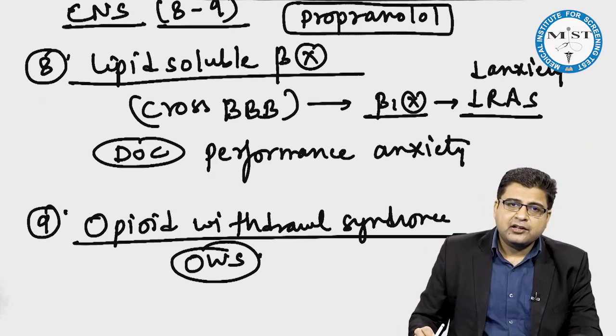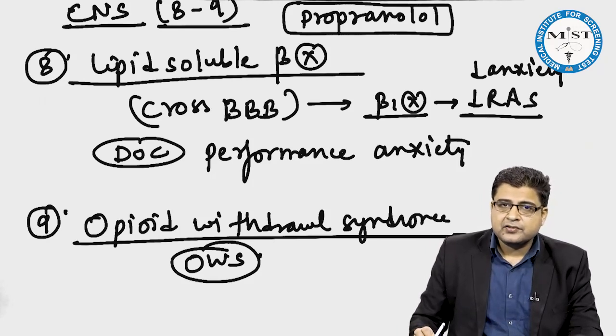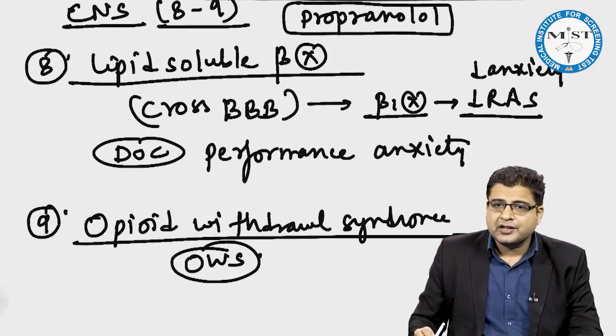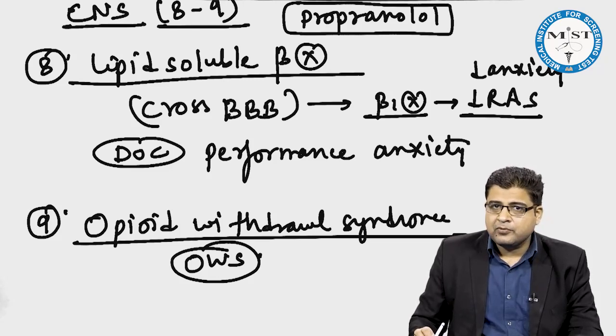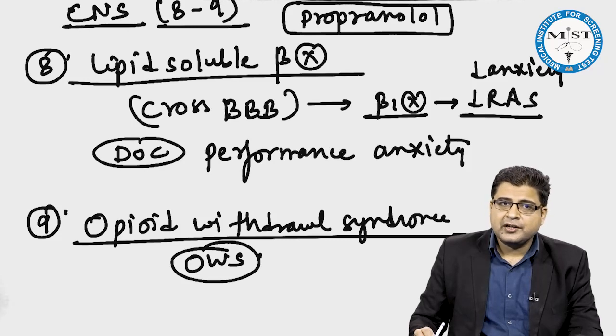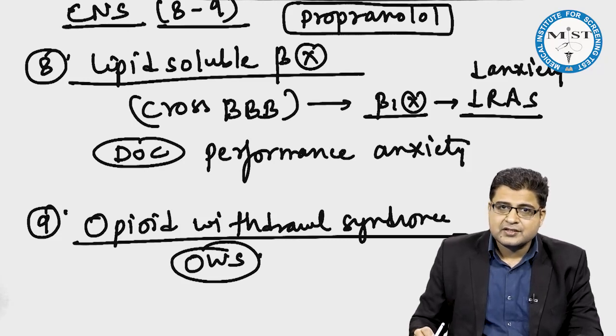Now, after these CNS indications, we can discuss the next group of indications that is related to their vasoconstricting effect. So, we know that generation 1 medicines are vasoconstricting beta blockers, and we use this vasoconstricting effect for the treatment of few conditions. We'll discuss those.